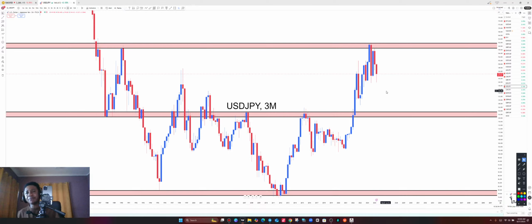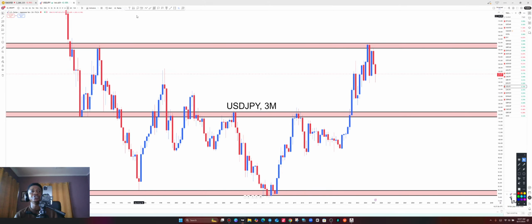All right, so USD JPY, we're on the 3 months time frame. Let's get it. On the 3 months time frame, we have the upper zone, the mid-range zone, and then the lower zone over here. Price has been able to make a push to make contact with the 3 months resistance level and has seen sell pressure all the way to the downside. The question that we can ask ourselves here on the 3 months is: is the sell pressure coming all the way down back to the next support level, or are we going to see buy pressure come in and push the market again to the upside? Let's find out as we go through the various time frames together on USD JPY.